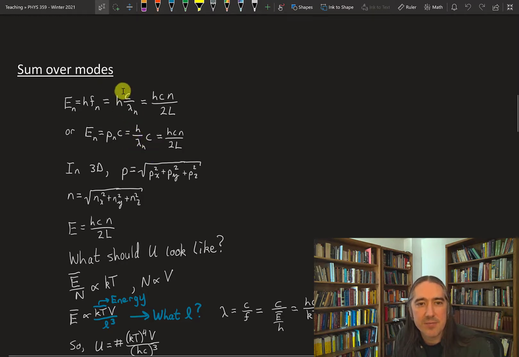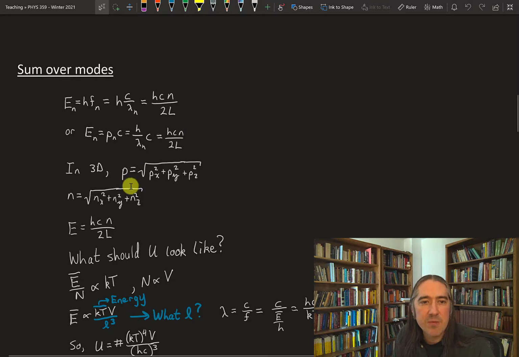So we've gotten back to the same formula again, and now we're going to do the same thing, which is plug in the values for lambda and get our energy formula. Either way is nice. Thinking about it in terms of momentum, though, helps you to understand what we should do when we go to more than one dimension, right? In 1D, it's just n. There's only one n. That's fine.